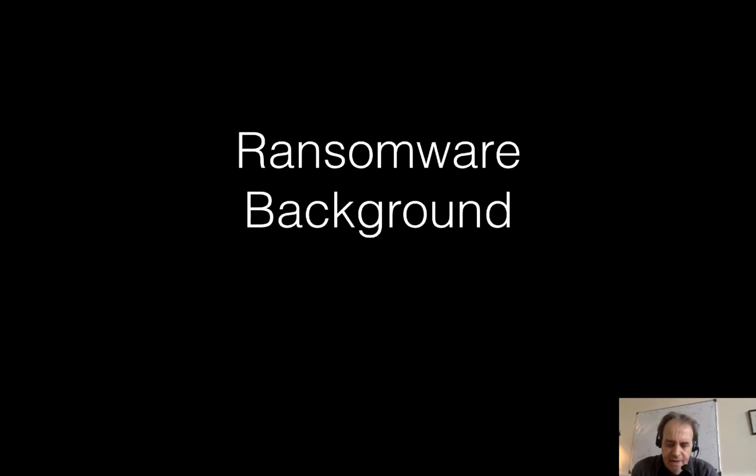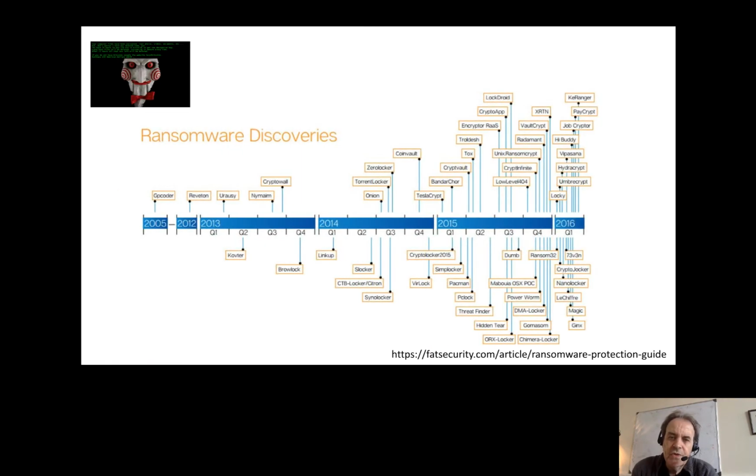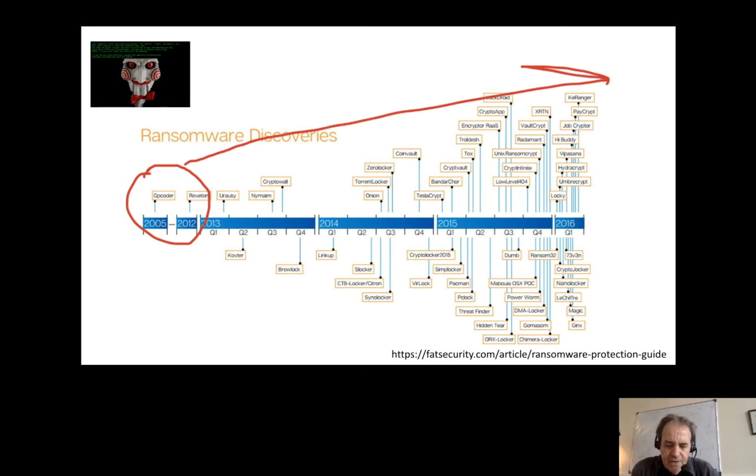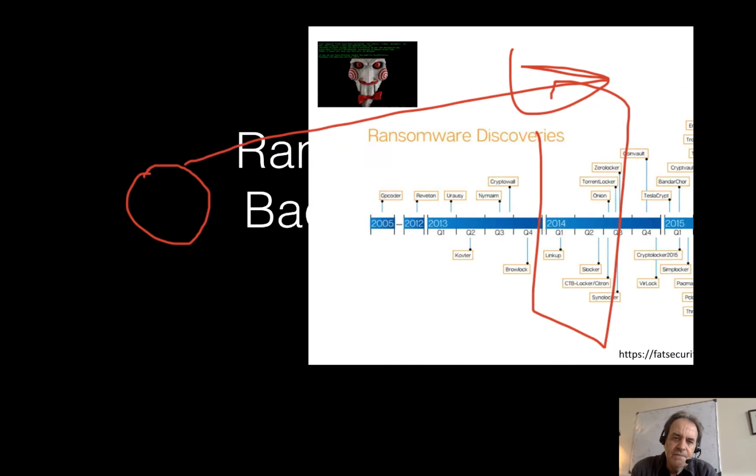So let's look at some core fundamental principles and also some families that we'll see. You can see here after a slow start from GP Coder, we've generally ramped up with the number of ransomware families around. And even in the first quarter of 2016, there was a whole lot of new ransomware families that were being distributed.